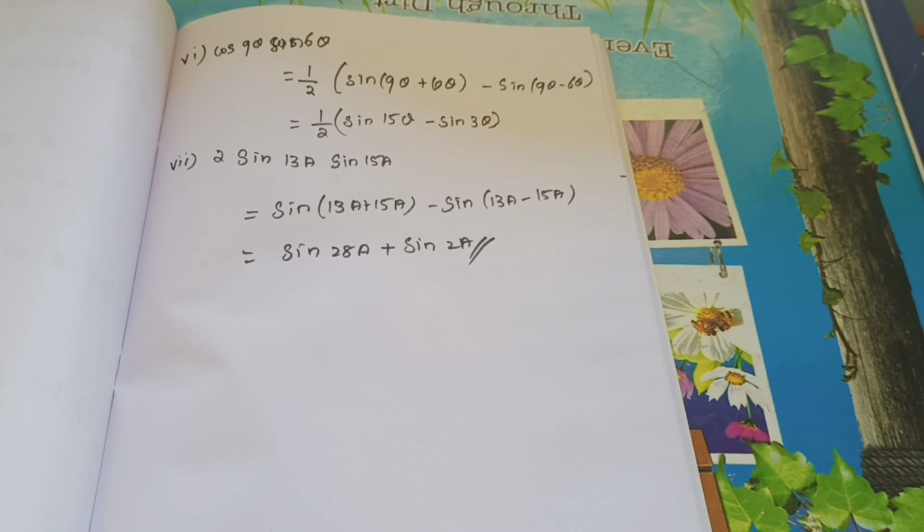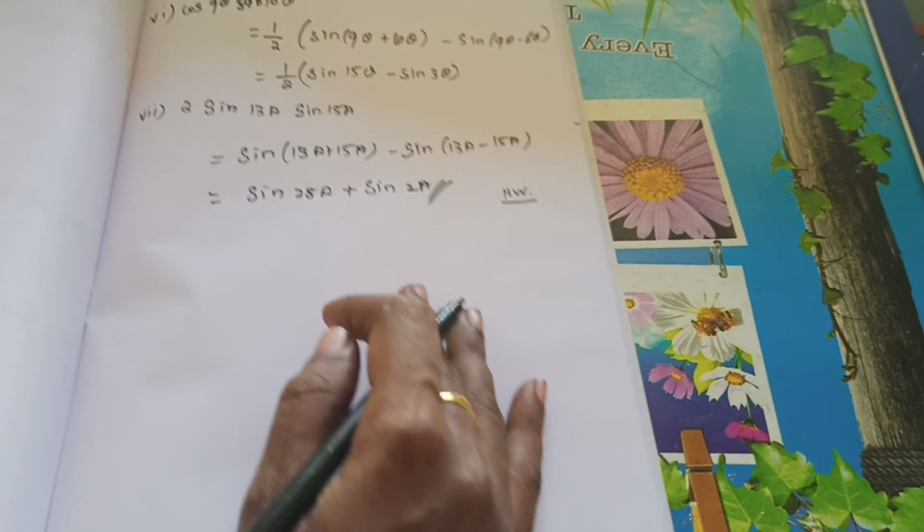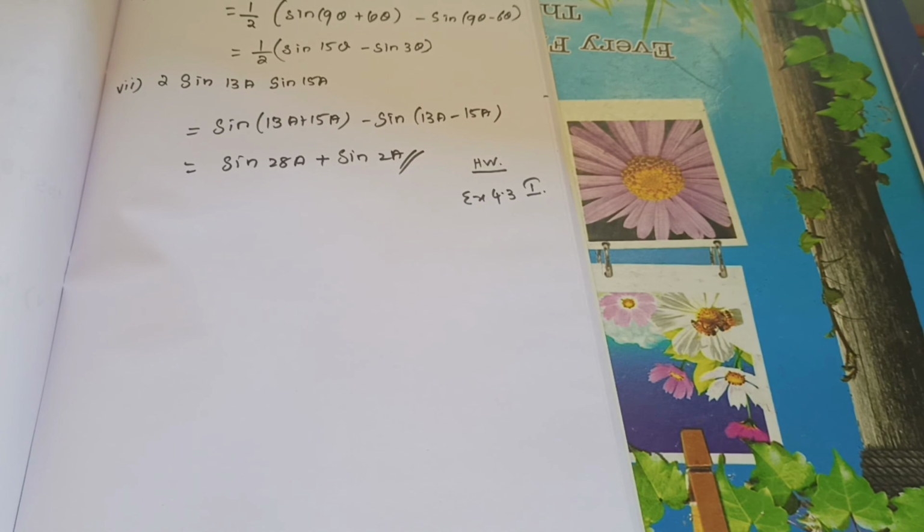Understand, students? So very easy. I just applied all the formulas in this question. Okay. So you need to learn all the formulas. That's the important work today. So your homework is today's exercise 4.3. First Roman is your homework, same as this problem. 4 problems are there, same as this question. Okay. So before that, please learn all the 14 formulas thoroughly. If you do not learn the formulas, you can't do a single problem even. So please learn all the formulas.